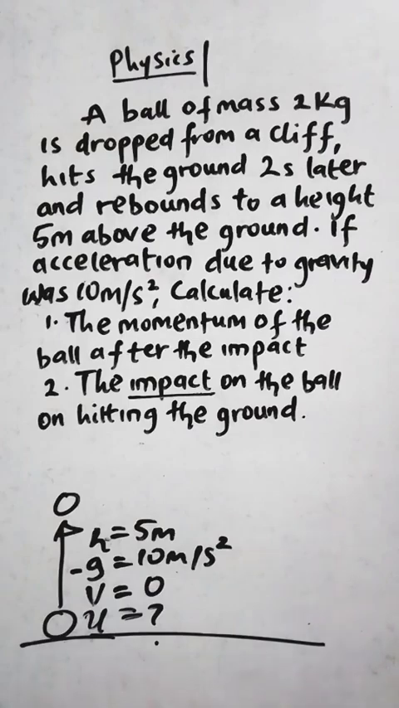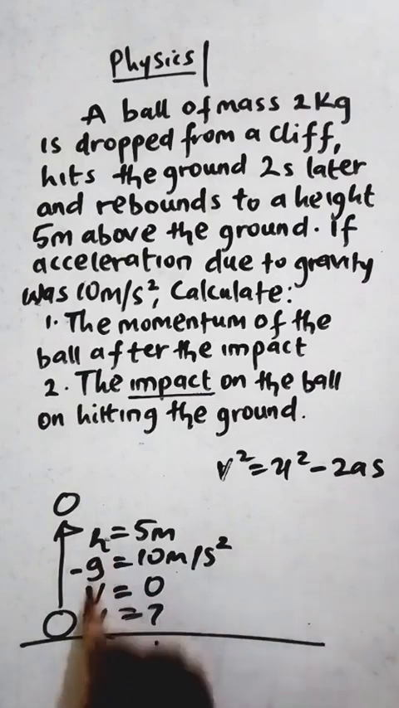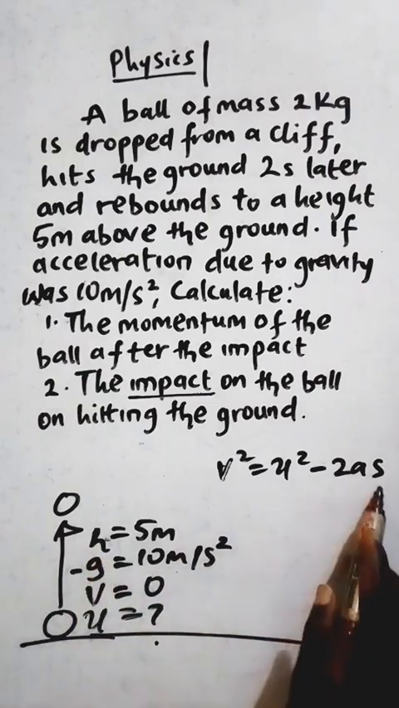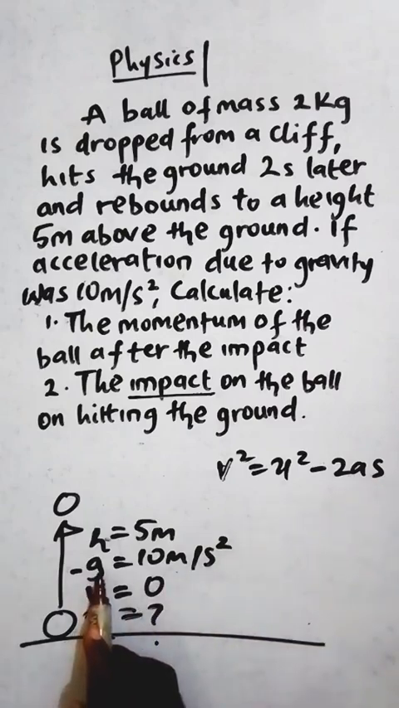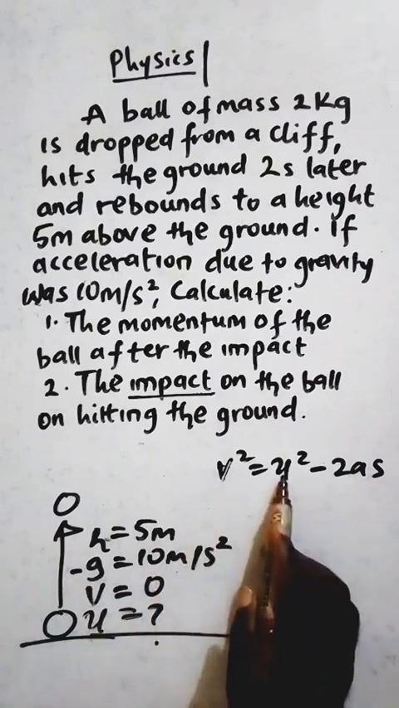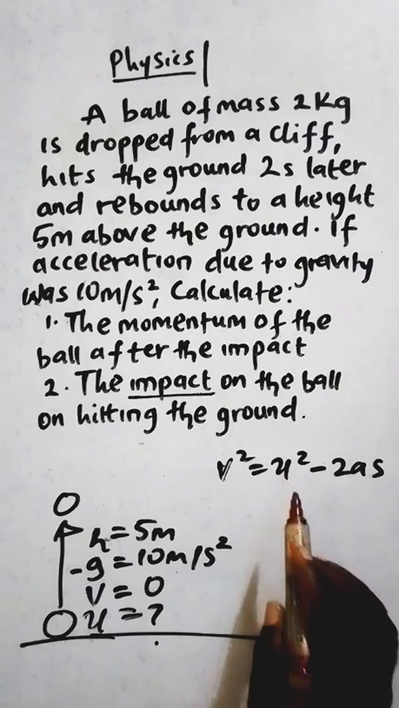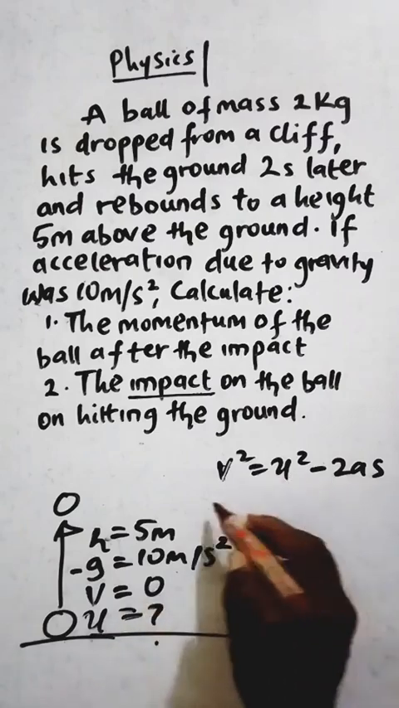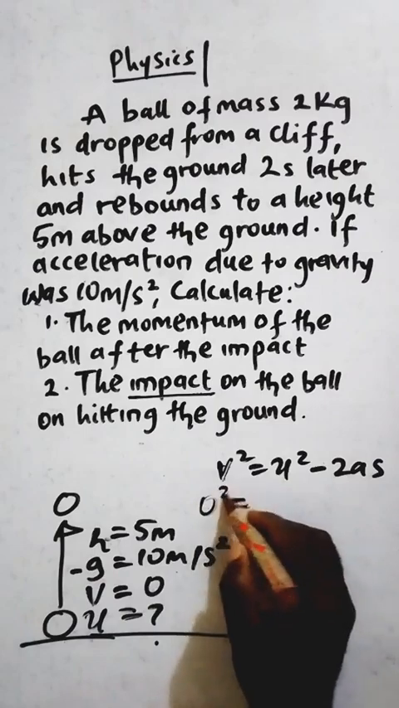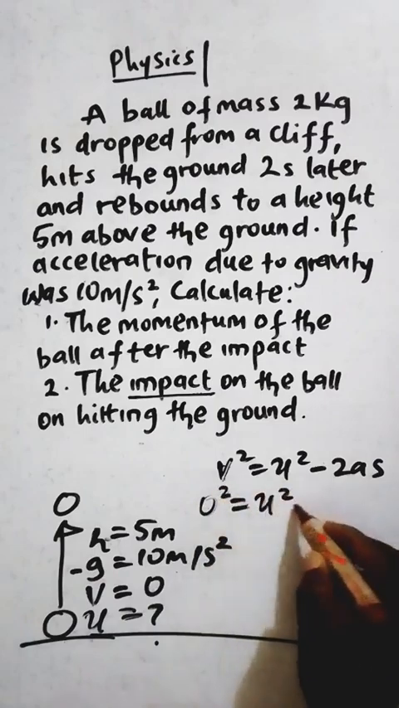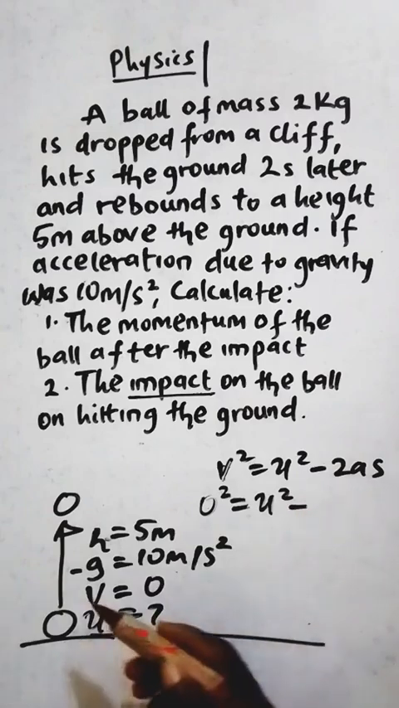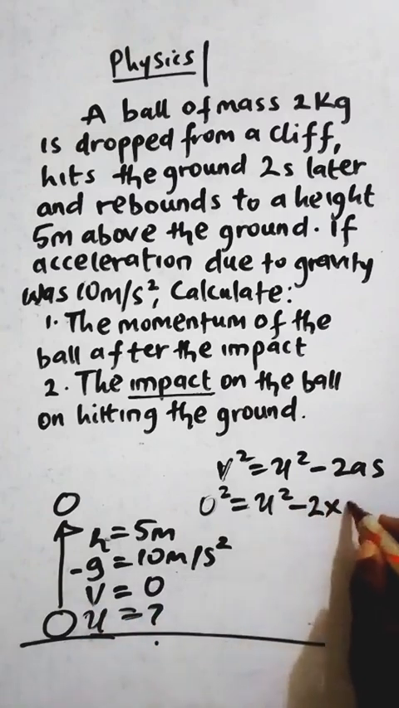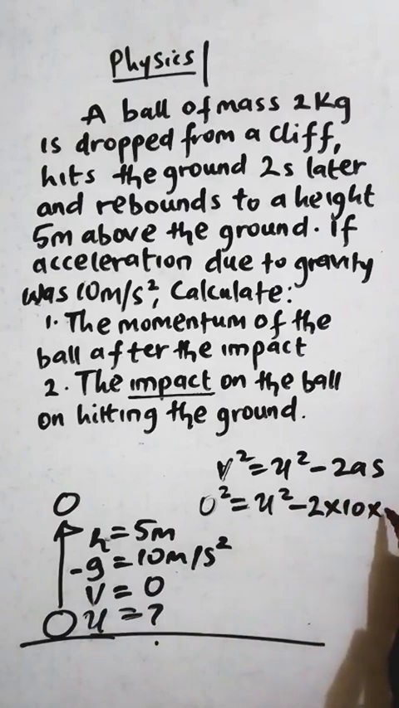Now, which of the equations are we going to use? If you check those equations, you will see that this is the one that fits. Why? Because we have h, which is distance, that is s. We have acceleration due to gravity, v, and u. So we are looking for u, the initial velocity, because we know the final velocity is 0. So we put 0 is equal to u squared minus, you know why we're using minus? Because it's going against gravity. So write 2 times 10 times the height,